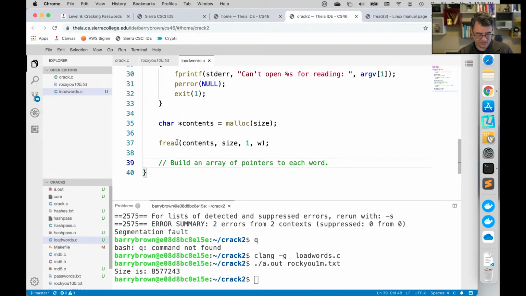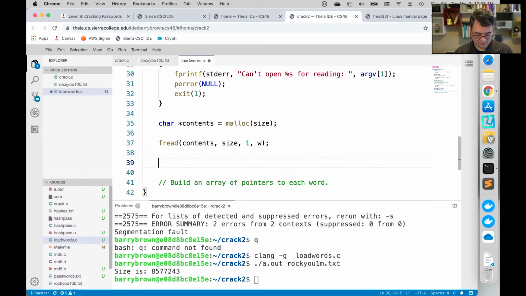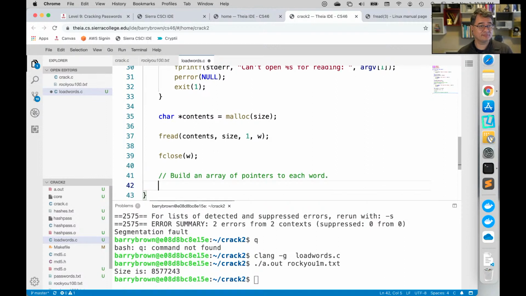Okay, so we've got it all into memory now, and at this point we're done with the file. We pulled it all in, so we can go ahead and close it. Should we free up that malloc that we did? No, we still need it, right? We pulled it all into memory.